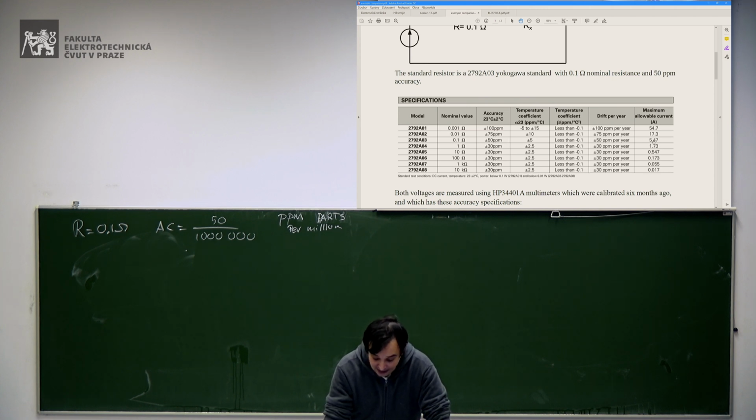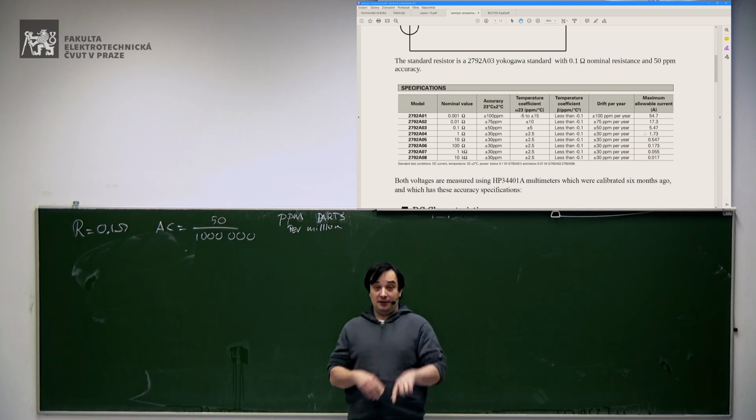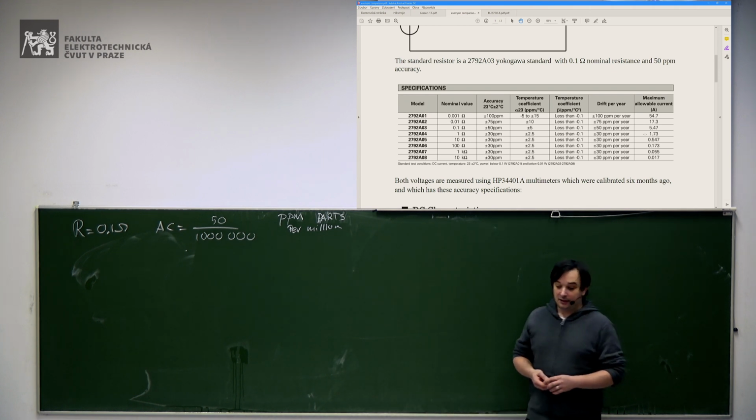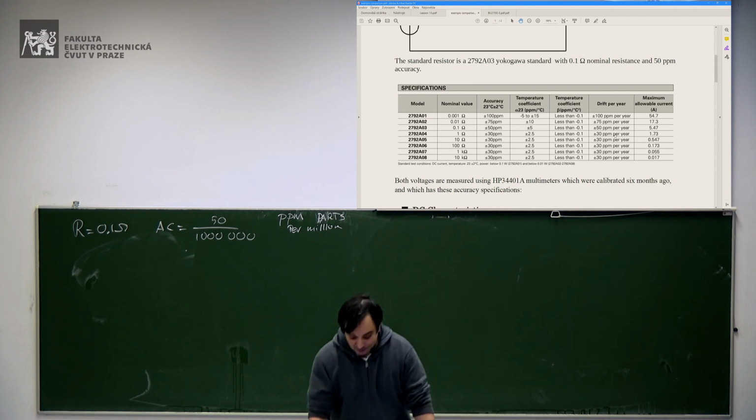And then you have a maximum current of 5 point something amperes. Basically, these standards all have 3 volts. So according to the resistance, you can get more or less current. In this case, for 3 volts and 0.1 ohm, we get 5.5 amperes maximum current. Okay, always check that the power that you are using for your resistor is lower than the maximum allowable current. Okay.